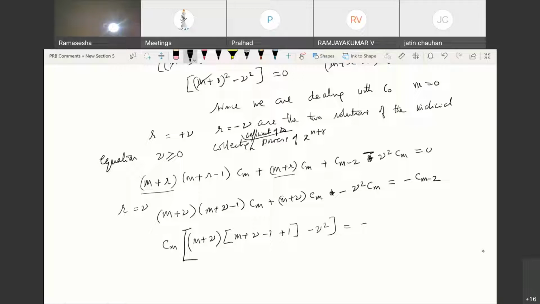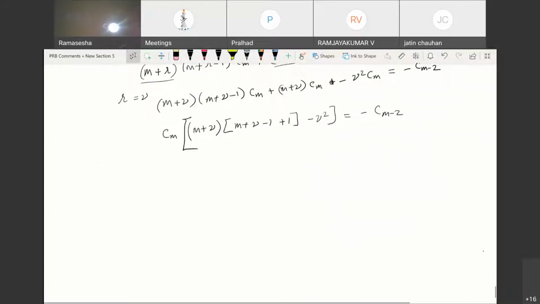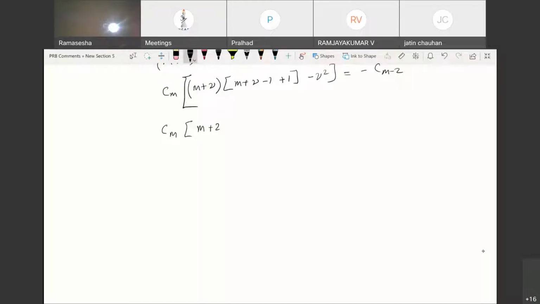So I can, just a minute, let me move. I can write Tm into m, this m plus m plus into m is equal to minus 2 or minus